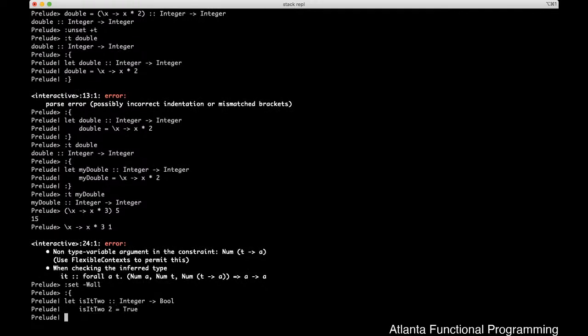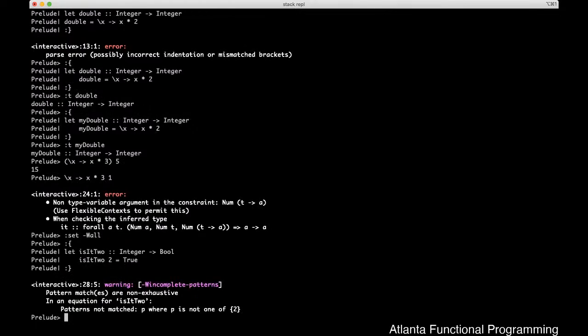If we define it like this, because we turned on all warnings, you're going to automatically get a warning about incomplete patterns, saying that the pattern matches are non-exhaustive. It specifically tells you which functions and which rules can be satisfied and which are excluded. This is very useful, especially if you're playing around with it in the REPL, because now you can actually